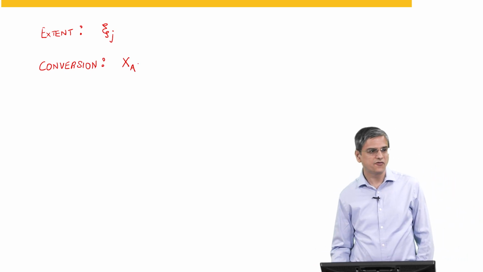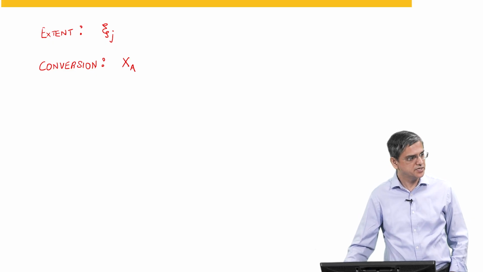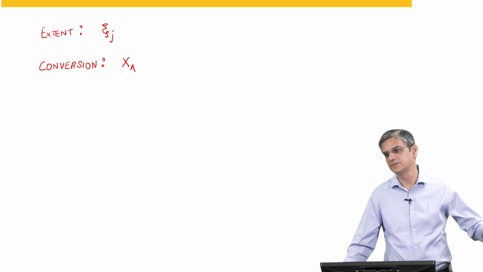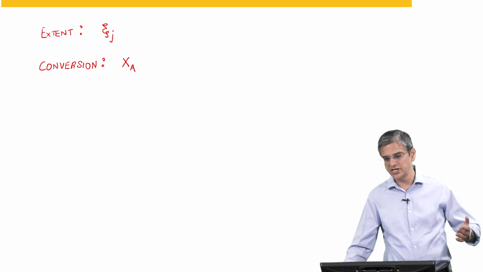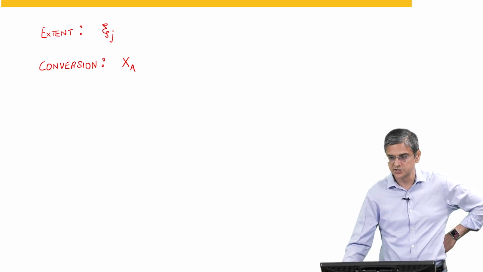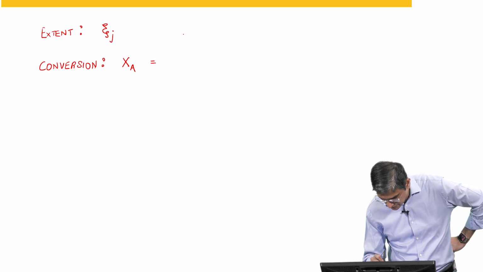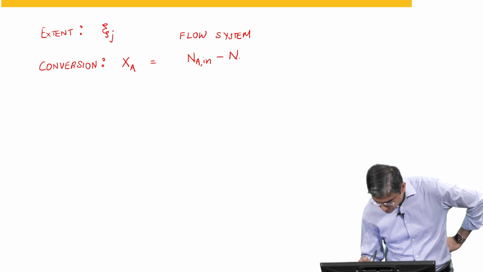When it comes to conversion, conversion is for a species, extent is for a reaction. Sometimes it is convenient to work out your equations in terms of species, sometimes in terms of reactions. So, whichever way is convenient, you use extent or conversion. The definition of conversion for any flow system is Na in minus Na out